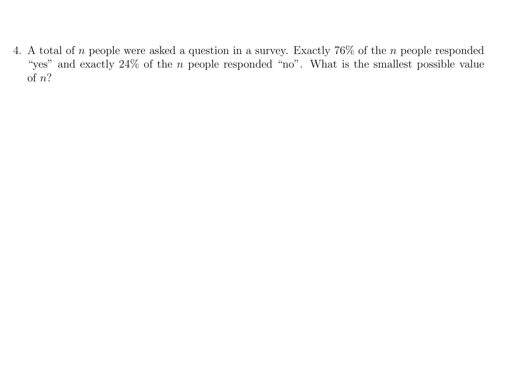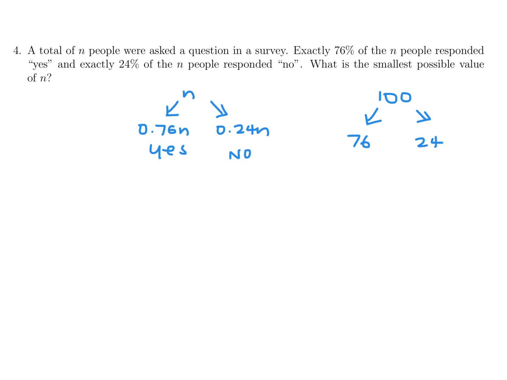A total of n people were asked a question in a survey. Exactly 76% of the n people responded yes, and exactly 24% of the n people responded no. What is the smallest possible value of n? Okay, 0.76n is yes, and 0.24n is no. All right, so smallest possible. How would I know? If it was 100, then this would be 76 and 24. I guess because it's people, it's got to be integers. So when you no longer get integers,